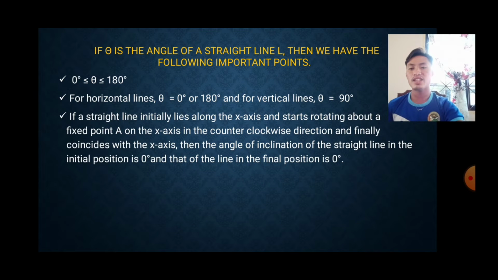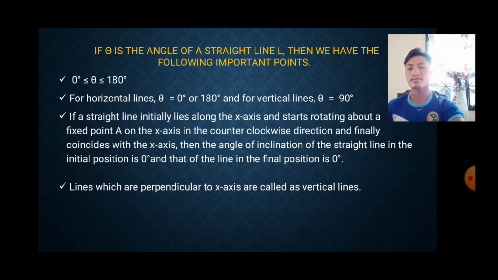If a straight line initially lies along the x-axis and starts rotating about a fixed point A on the x-axis in the counterclockwise direction and finally coincides with the x-axis, then the angle of inclination of the straight line in the initial position is 0 degrees, and that of the line in the final position is